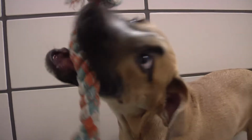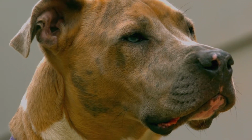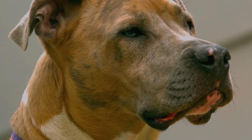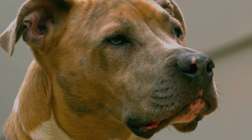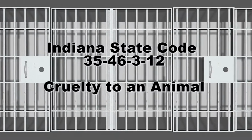There are animals that are at a higher risk of non-accidental injuries, and they include dogs and cats under 2 years of age, male dogs, mixed breed dogs, especially Staffordshire Bull Terriers or Pit Bull mixes, and domestic short-hair cats. Charges covering animal cruelty can range from misdemeanor to a felony, and they include Indiana State Code